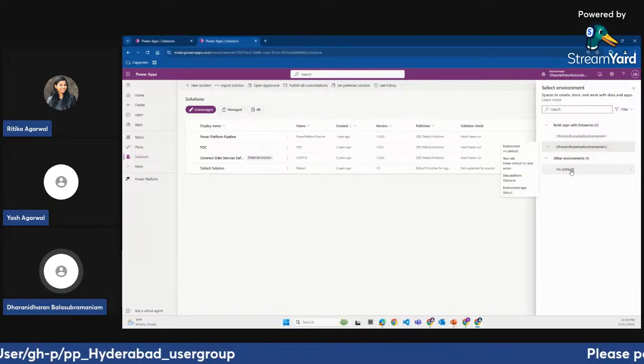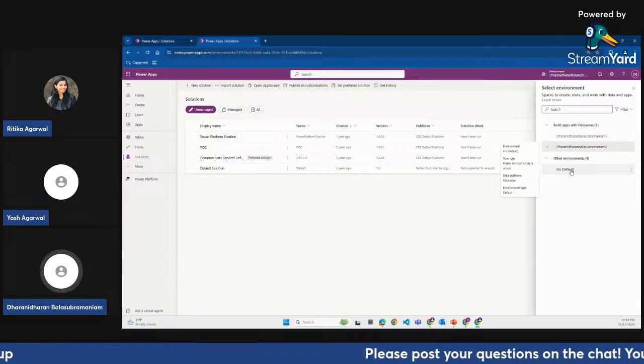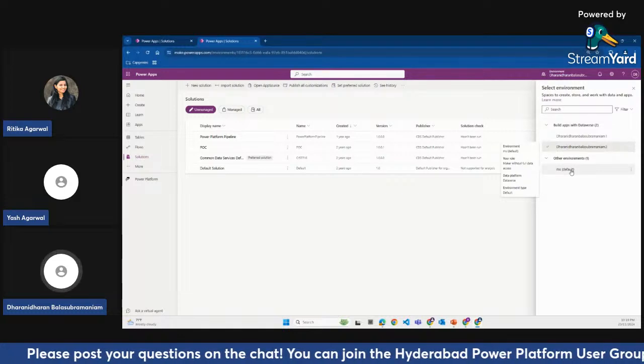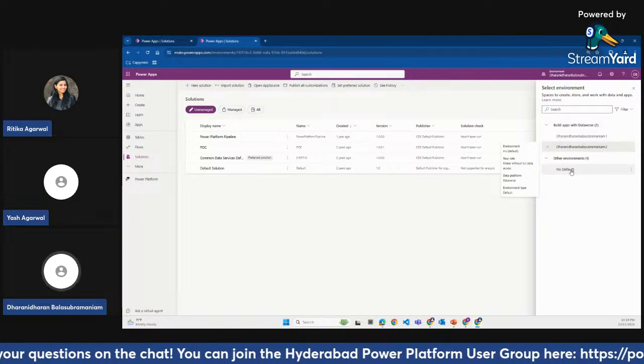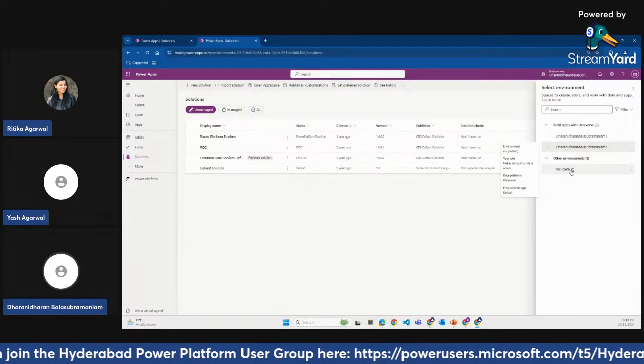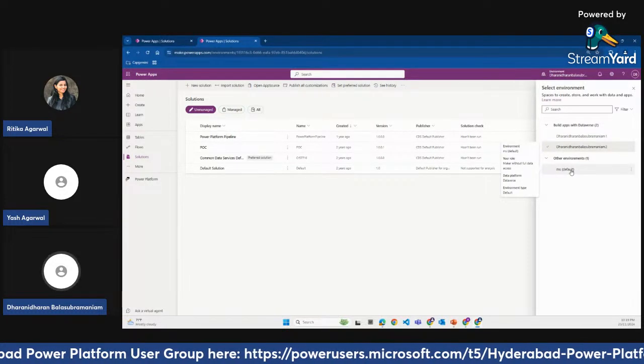We need to create proper environments with proper naming conventions. If it is a development environment, the name should be prefixed with dev. If it is SIT, the name should be prefixed with the environment, so that it is really easy for us to identify. If any issues come up, it will be really handy.